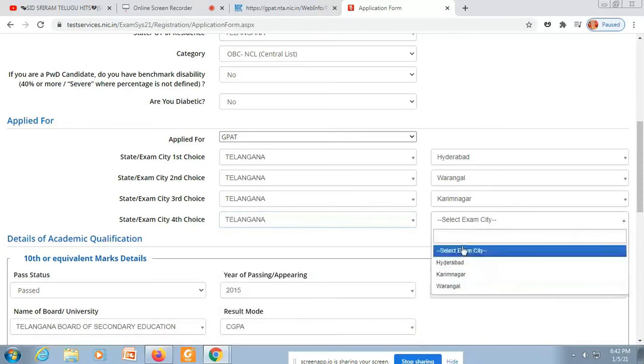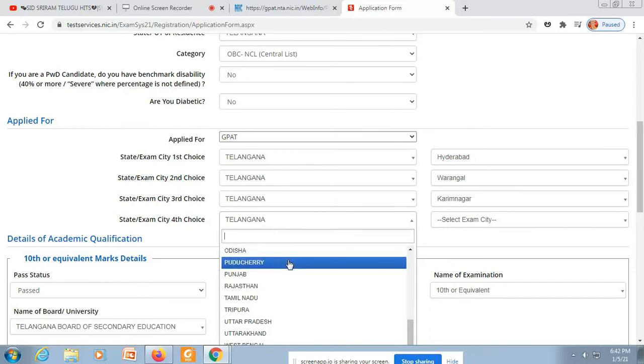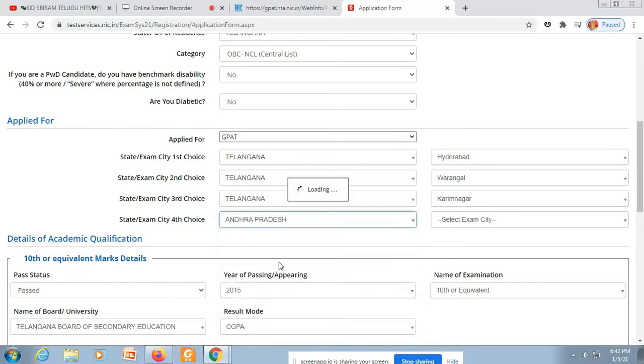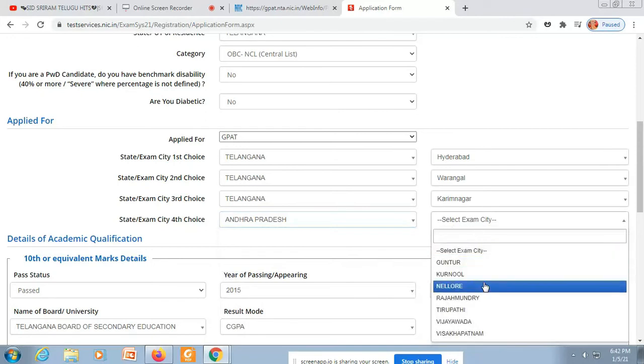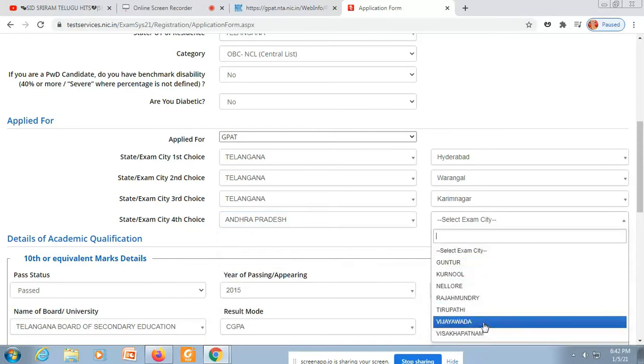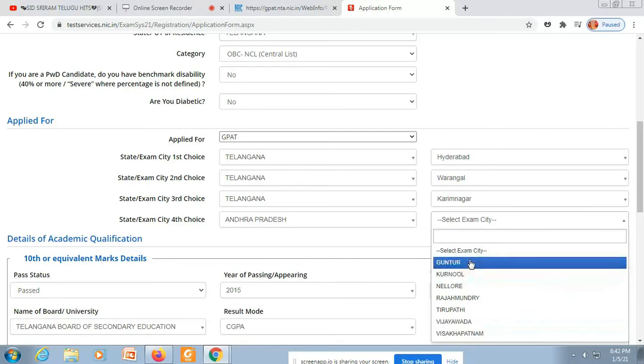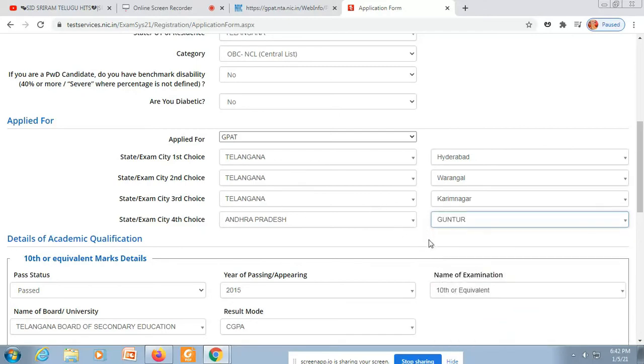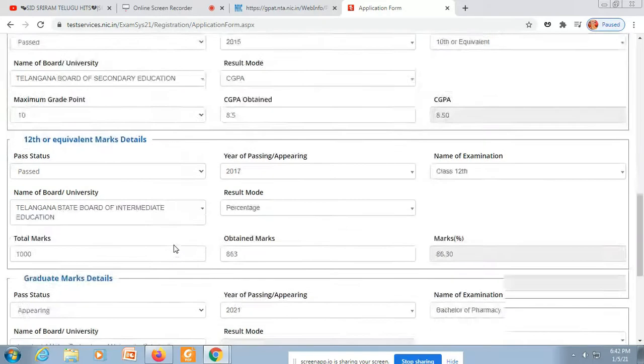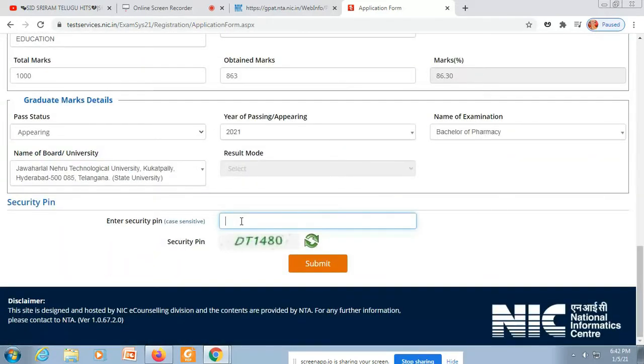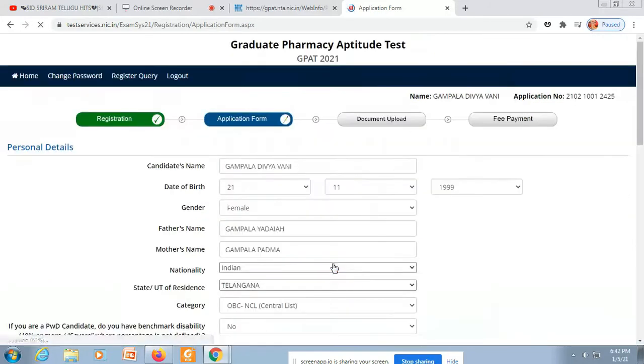You have to follow it. Telangana, that's it. Warangal, Hyderabad, this is only giving me 3 options. Let's wait. If you don't face any problem, we can proceed further. I'm just checking it. Okay, you have to opt for a 4th choice from different locations. Now you have only 3 locations in your state, I think. So if you get 4 options in your state, better go with it.